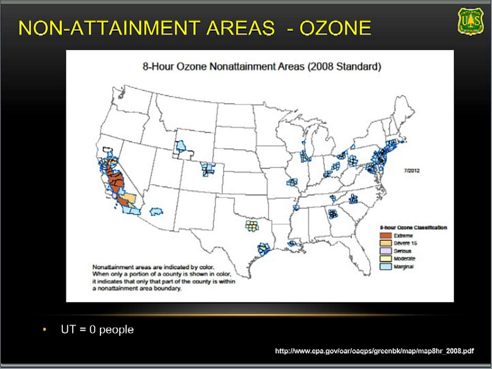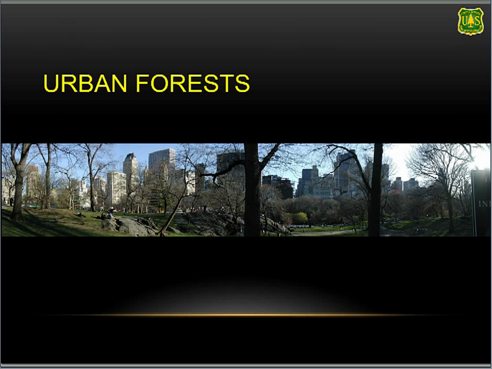And the last map, because these are just non-attainment maps for the United States, not the maintenance areas. Ozone, you can see ozone is well scattered throughout the country, but in Utah there are no areas that are classified for non-attainment. But you can see California has some very significant non-attainment areas in the Central Valley and in Southern California. So a lot of people are affected by pollutants in many different fashions.